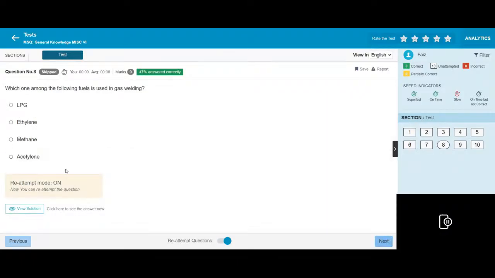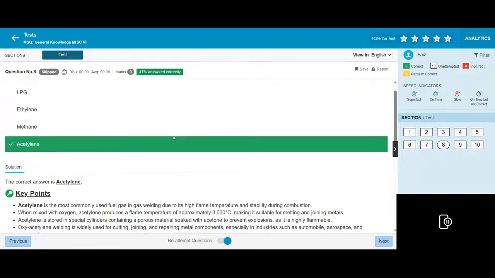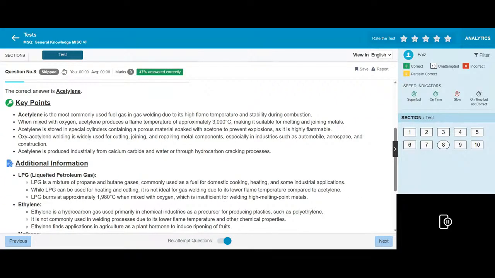Which of the following fuel gases is used in welding? Acetylene is the most commonly used fuel in welding due to its high flame temperature and stability during combustion. When mixed with oxygen, acetylene provides a flame temperature of approximately 3,000 degrees centigrade, suitable for melting